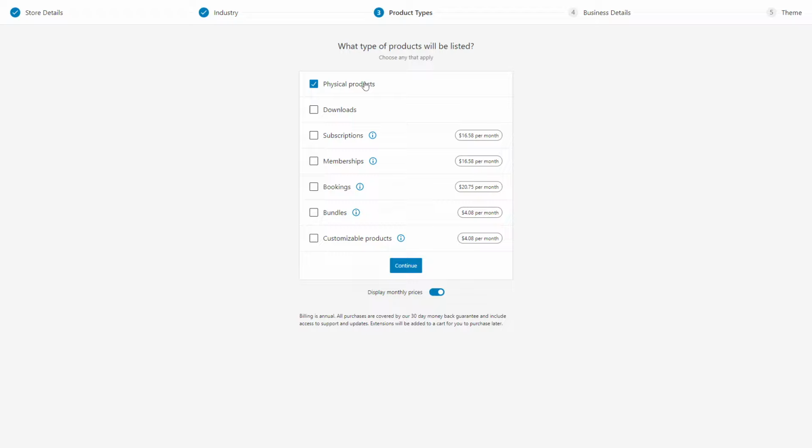And then you want to select what kind of products will be listed. So by default, WooCommerce will allow you to have physical products and downloadable products for free. So you're able to have as many of those physical products and downloadable products as you want with no extra cost. However, things like subscription type products, membership products, bookings, bundles, customizable products, they will require an additional plugin,